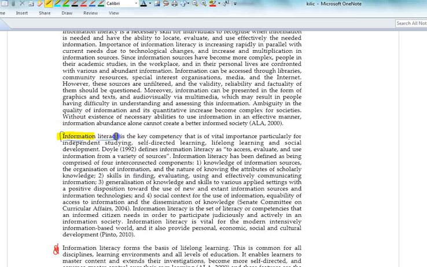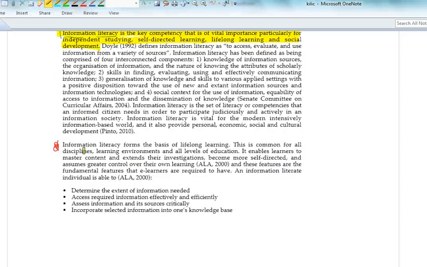So information literacy is a key competency that is of vital importance, particularly for independent studying, self-directed learning, lifelong learning and social development. So this information literacy that is mentioned here is a critical component of self-directed learning, and that's for students to be able to direct their own learning. They need to have a high degree of information literacy. There's a whole expansion of these points under here, and